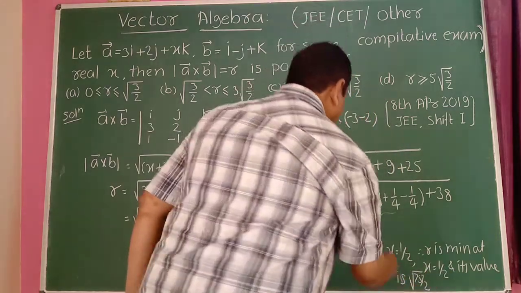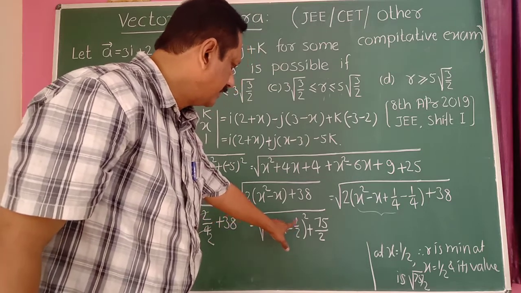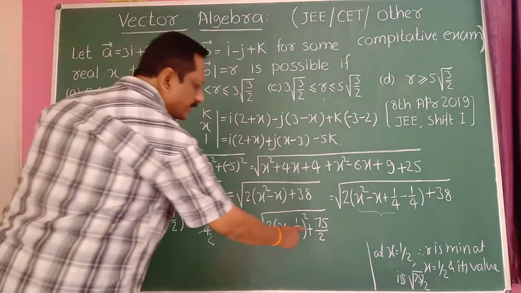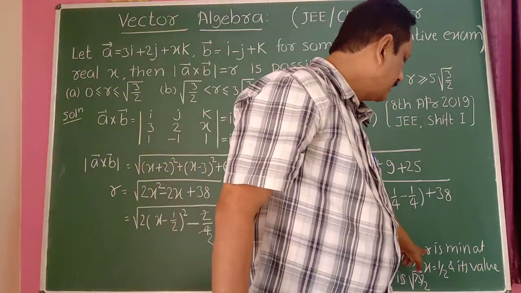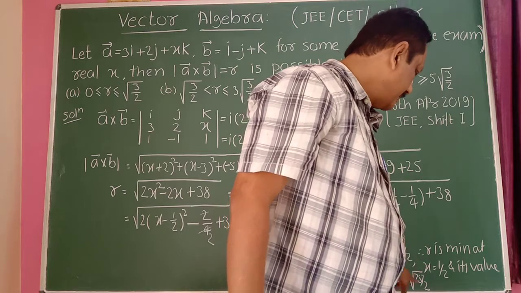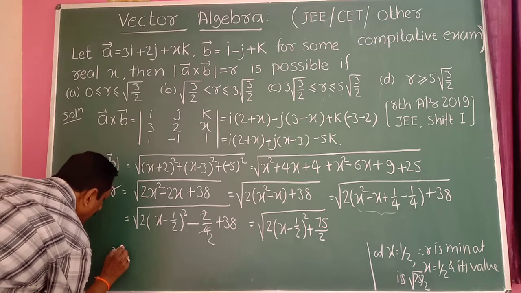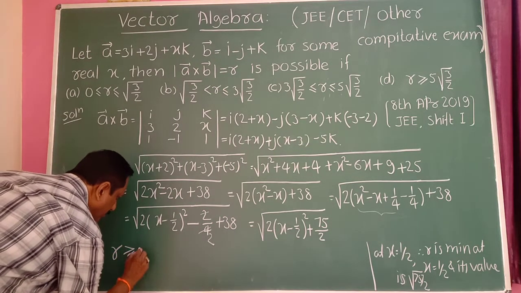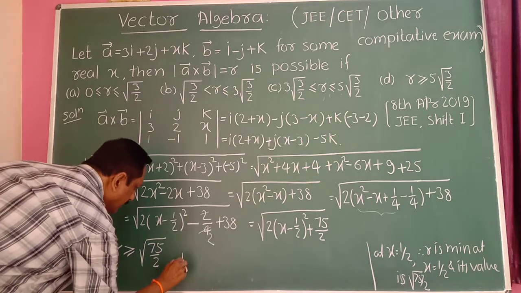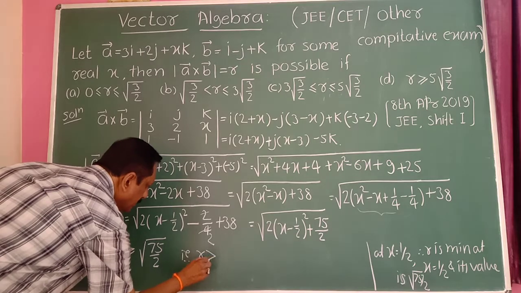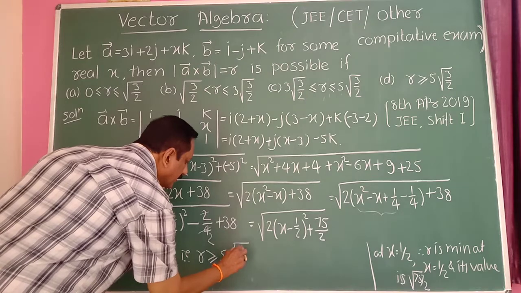75 by 2. Okay, therefore when x equal to 1 upon 2, this becomes a 0. Therefore here R is equal to root of 75 by 2. Therefore R is a minimum at x equal to 1 by 2 and its value is root 75 by 2. Therefore R should be greater than or equal to root of 75 divided by 12. So that is R is greater than or equal to 5 into root of 3